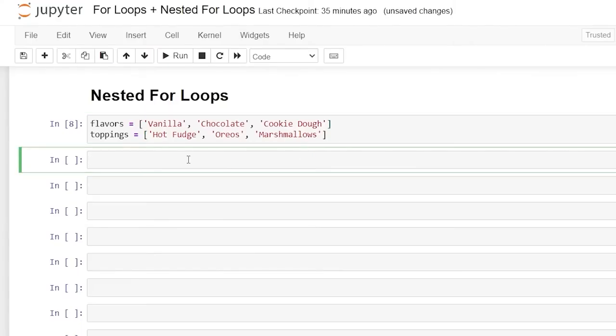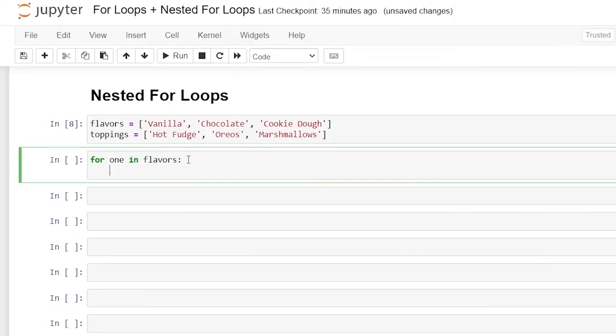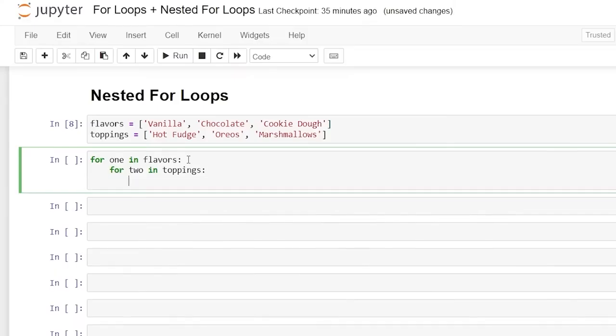So now let's write our first for loop. So we're going to say for one, as in our number one for loop, in flavors, and we'll do a colon. We'll click Enter. Now we can write our second for loop. So we're going to say for two in toppings, and then we'll do a colon and Enter. And then we're going to say print, and we'll do an open parentheses, and then we're going to say one. So we're printing the one in flavors, and then we're going to say one, comma, I'm going to say topped